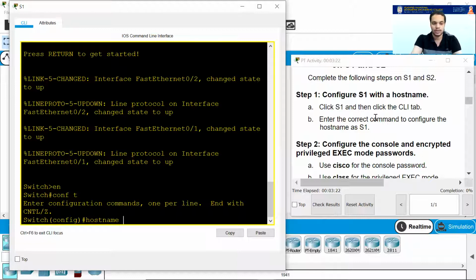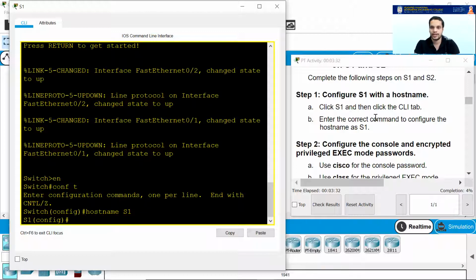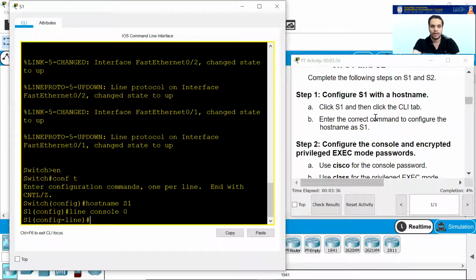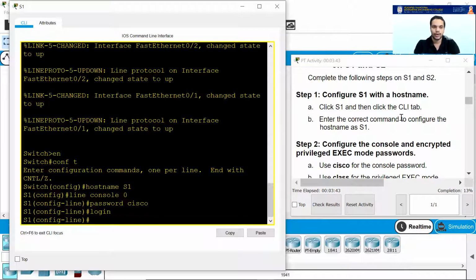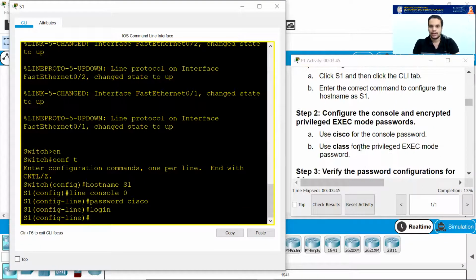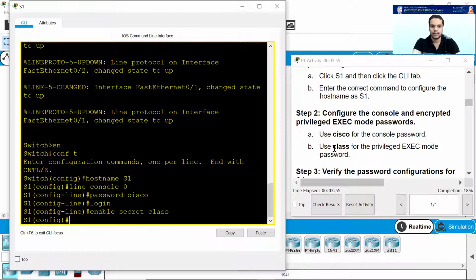First, they asked me to change the host name, and they made sure it is a capital S1. After hostname, just press enter. The host name is changed, and then go for line console 0. Enter password cisco, enter login. Okay, that's done. And then it is asking for class as the privileged EXEC mode. For that, we use enable secret class. Done.